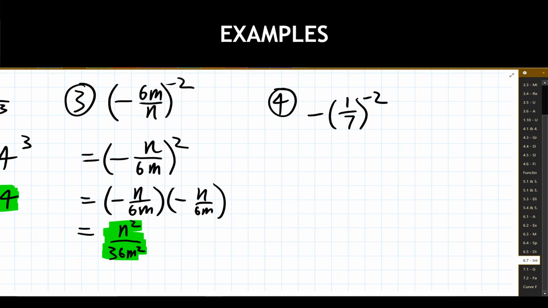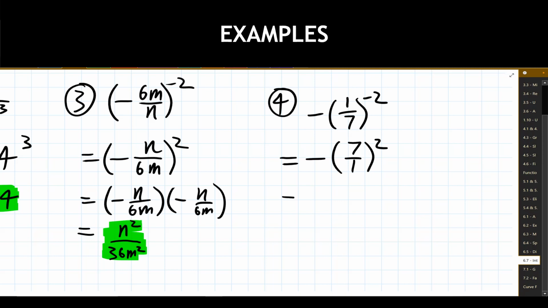So in this case, the base is just going to be this 1/7. It's everything in the parentheses that's being raised to the negative second power. This negative out front is not inside the set of parentheses, so we will not include it with this exponent and all the things that are going to go along with that. So the negative exponent is going to flip the fraction inside here. The negative sign out front stays the same, and we just flip this fraction inside. It becomes 7 over 1.